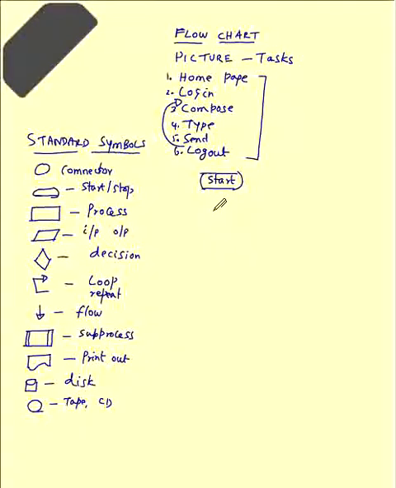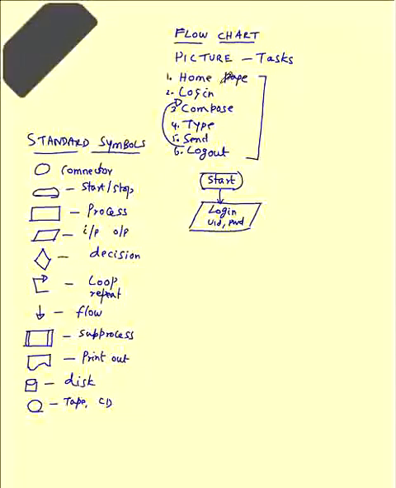So you have to type user ID and password. So you write the text inside the parallelogram: login, user ID, password. Then from here to here you draw the arrow like this.